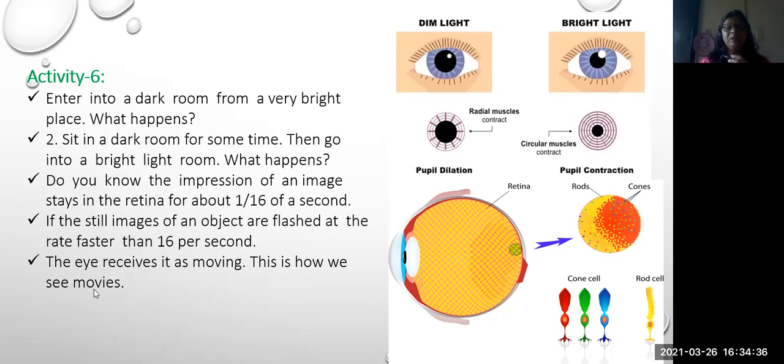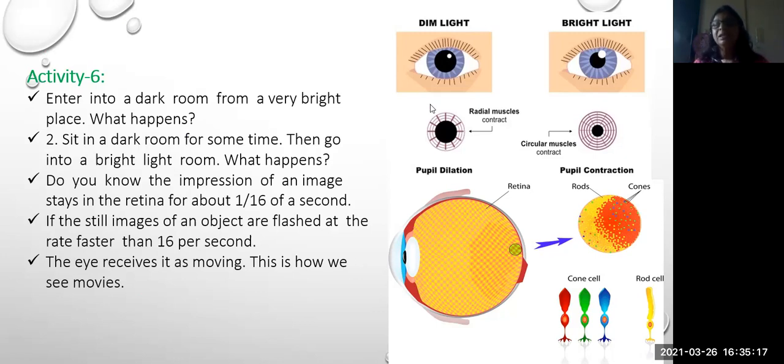This way, that is how we see movies, isn't it? When you are observing one slide, when you move to another slide, still the previous slide's picture you are having as an image. Then once the next slide comes, this image will just pass on and the next image will enter into your eye. So that is the reason how we can recollect the images for a little time.